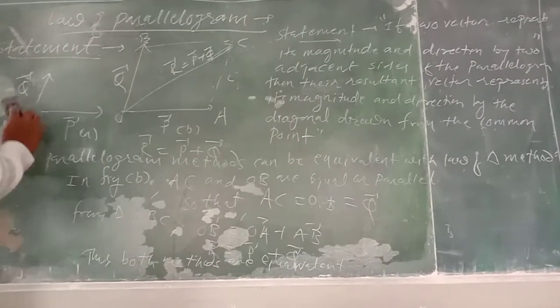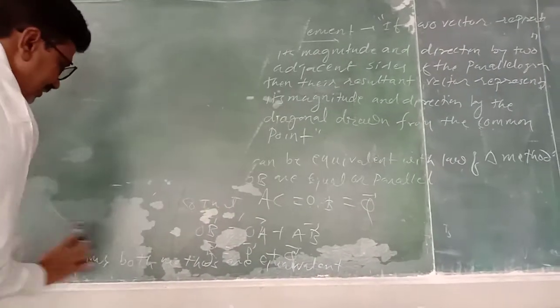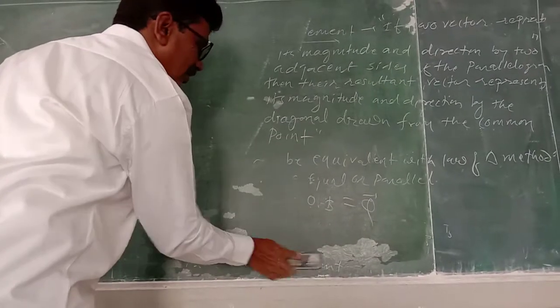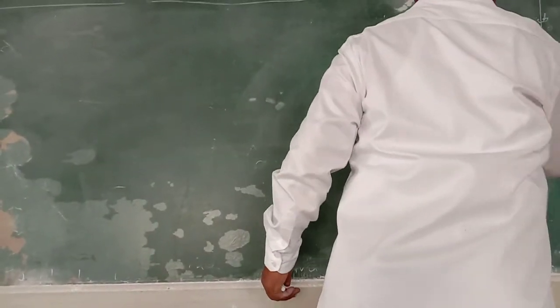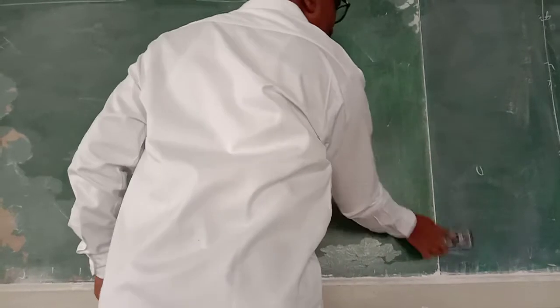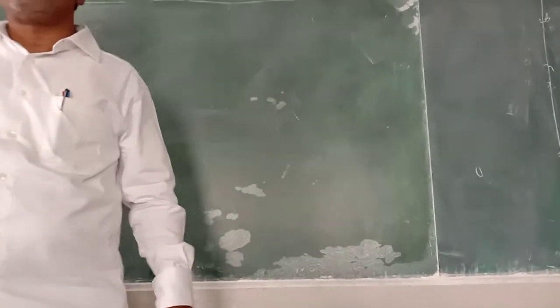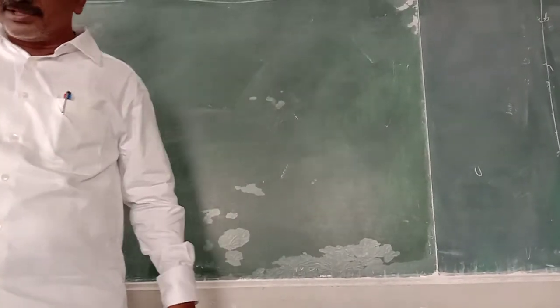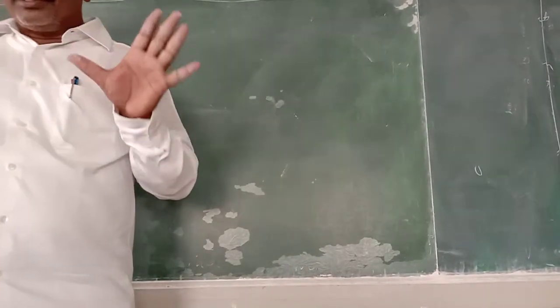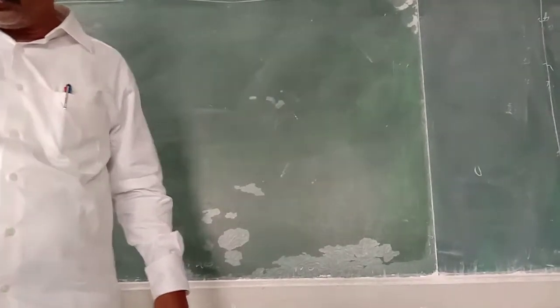Now, find the magnitude and direction. Find the magnitude of the resultant. First, R equals the square root of P squared plus Q squared plus twice PQ cos theta. Okay, and then the direction: tan alpha equals Q sin theta upon P plus Q cos theta. Therefore, alpha equals tan inverse of Q sin theta upon P plus Q cos theta. Now find both relations, R equals and alpha equals. Okay, see first